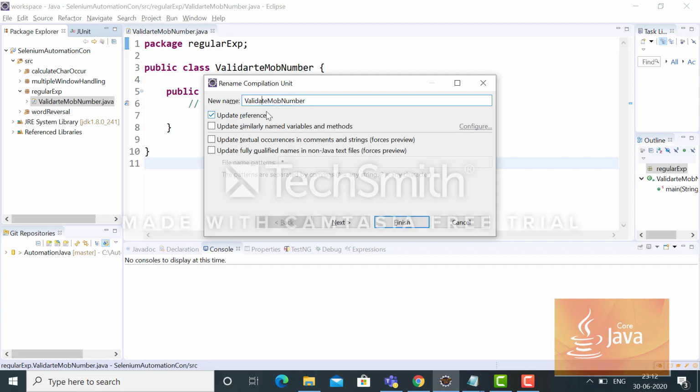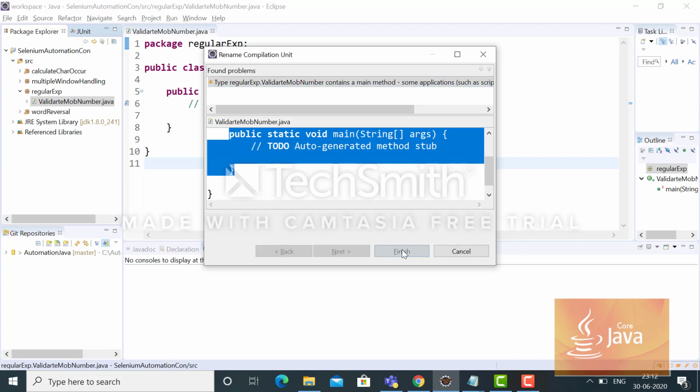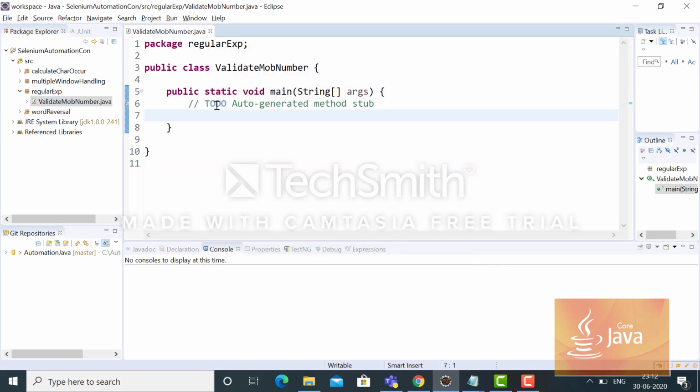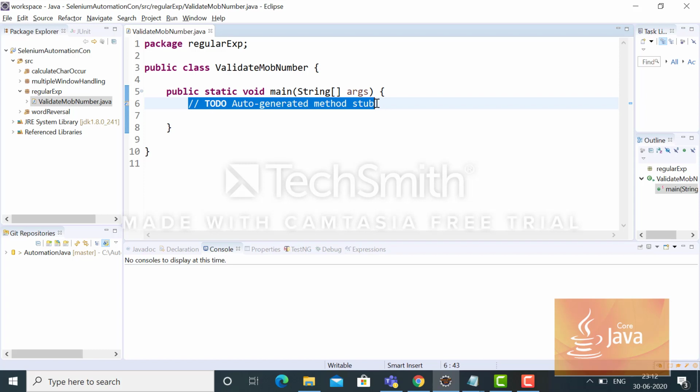Let me correct the spelling. So first we have to take the input as a string.